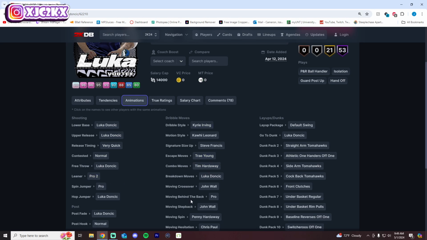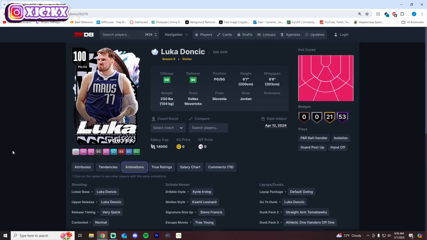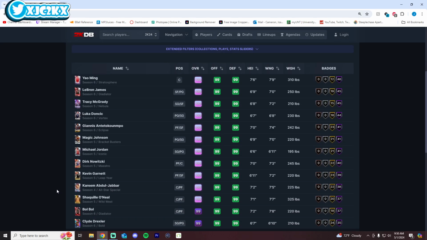Trey escape, John Wall drag back, Jamal Murray behind the back, Kyrie dribble style, all that type of stuff. The card is great. His release just isn't very good, but he is both bigger than MJ and has Hoff Immovable Enforcer, which MJ does not. And in my opinion, that puts him at number 9, but I still think he is one of the worst